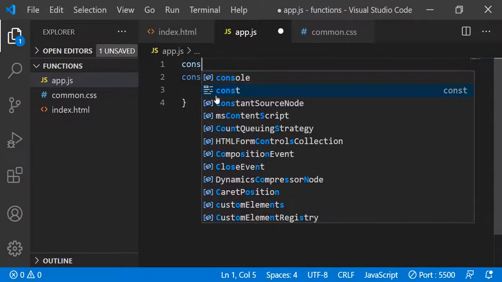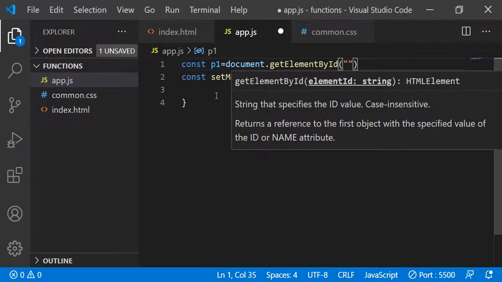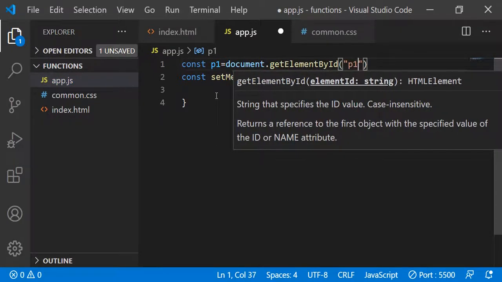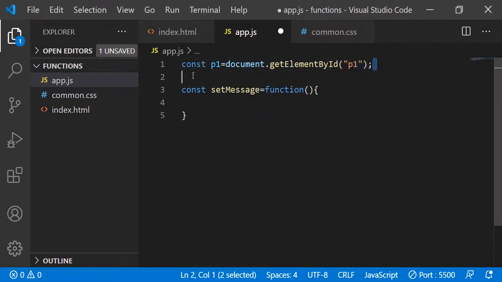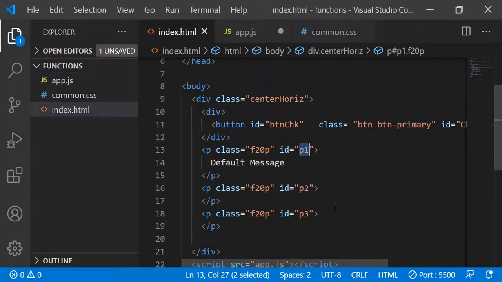So I just access the paragraph here, p1 equal to document.getElementById. When you are using an ID, we need to use getElementById. In the same way, I will access the other paragraphs also. The other paragraphs have the IDs p2 and p3,